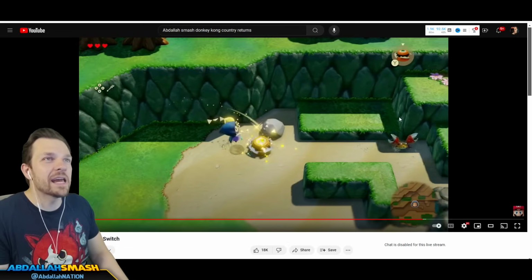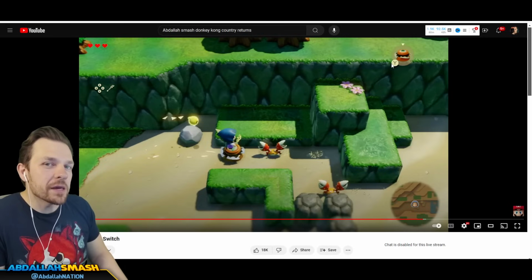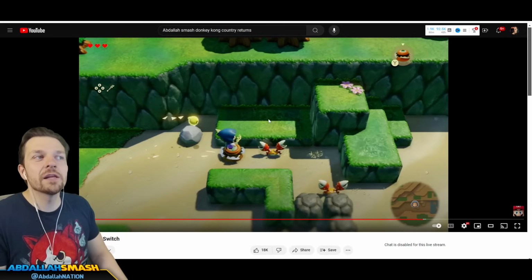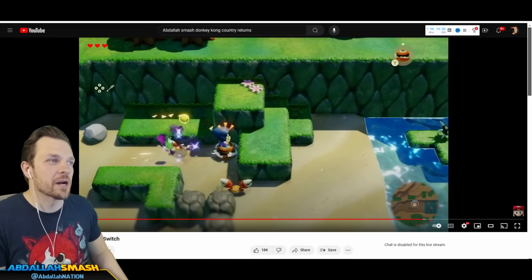I don't see in the UI, it's very simplistic. Here's your hearts in the corner. Here's what your weapon wheel is going to be. And then pressing the Y button opens up your inventory. I don't see a magic meter, so who's telling you that you can't put all the enemies all over the place, right? They probably only last for a couple of seconds, but